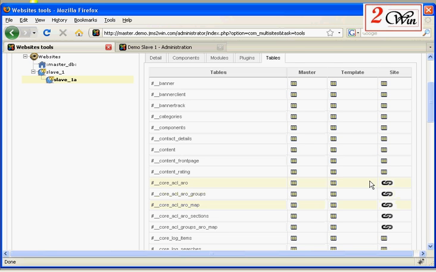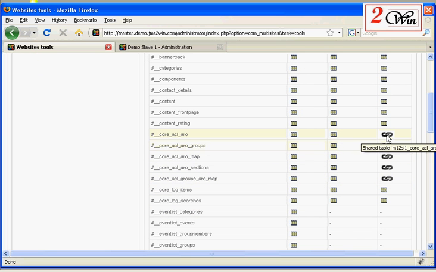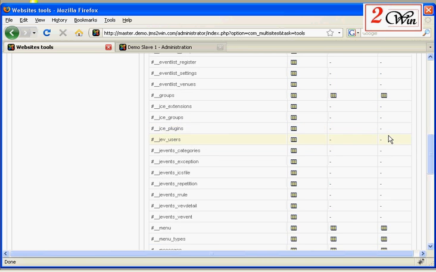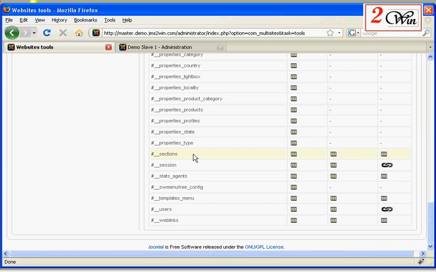Remember access control, which was defined as a sharing table. All core ACL tables underscore here are shared because they are defined like that in GMS. And you can have a look at all the components that we have here, so the users,